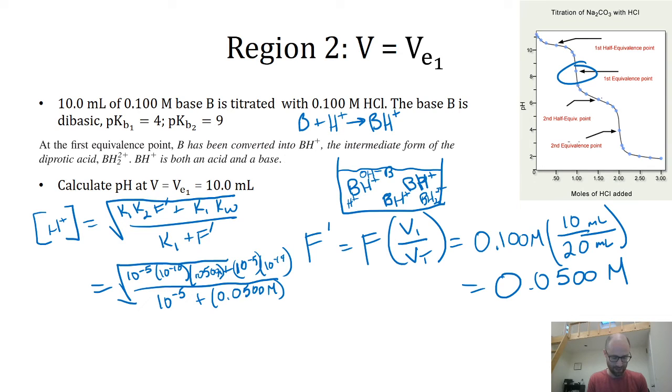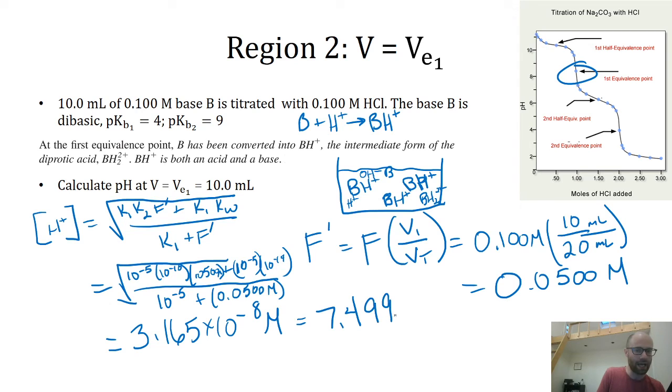Numerator first term, 10 to the negative 15th times 0.05, plus 1 times 10 to the negative 19th. Numerator divided by denominator, 1 times 10 to the minus fifth plus 0.05. Okay, I really hope, yeah, I like that number. Let's see how well I did. 3.165 times 10 to the negative eighth molar, which should give me a pH value of 7.4996,